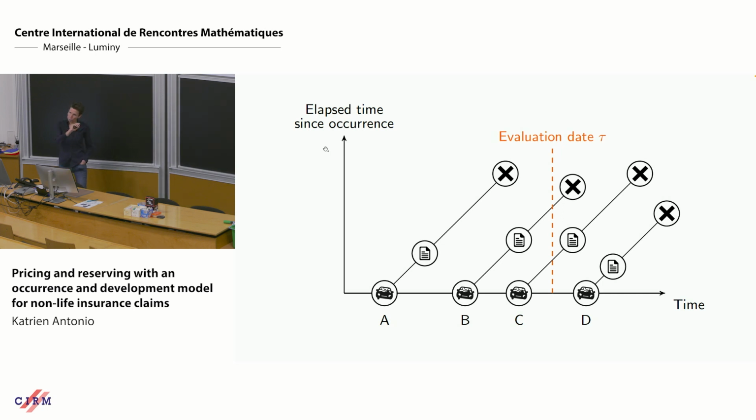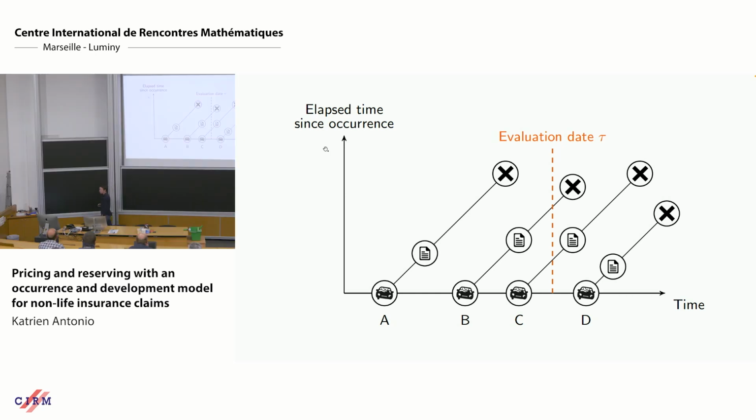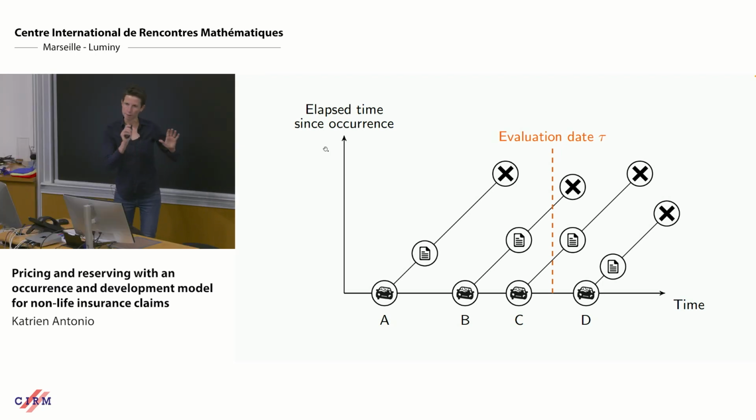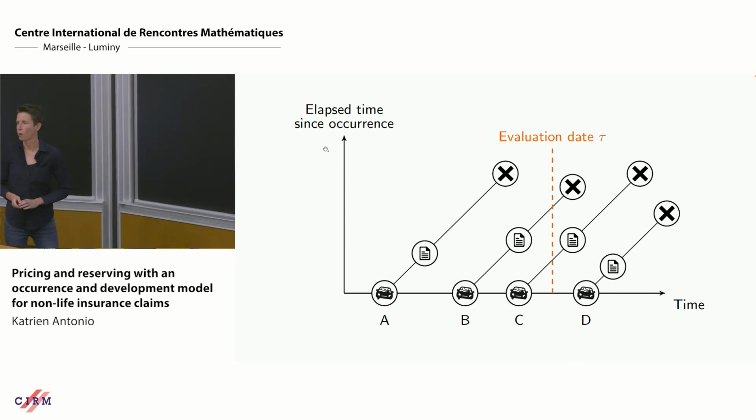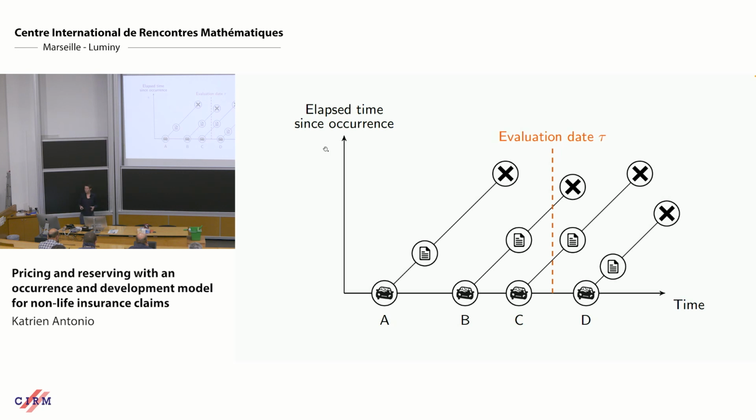So that's what we do in reserving. But if we look at pricing, then we aim to assess how many claims or events we expect to arrive in future exposure periods, right? And how do we establish an estimate of the frequency and an estimate of the severity of those events in order to do some technical pricing, right? I take this graph just to remind you of what that reserving and pricing task would be about.